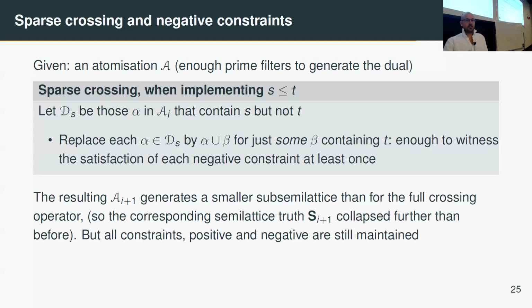Okay, so if we don't replace everything, we just replace some of it, then we get a much smaller sub-simulatus than for the full crossing. This means that in the knowledge space, with a true simulatus that was recording what we knew, that we never wrote down, that was actually being collapsed a lot further, in ways that we can't necessarily understand directly, but it is what it is. Importantly, all constraints, positive and negative, are still maintained. In practice, of course, you don't have to have just positive or negative. You could be classifying dogs, cats, zebras, all kinds of things. You just make sure that nothing gets classified into the wrong spot.